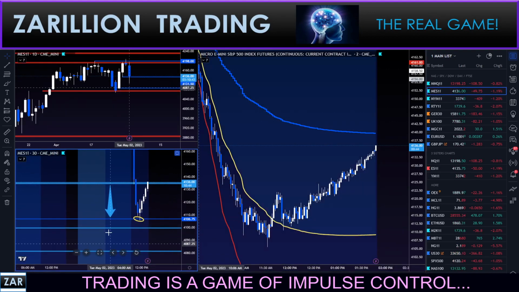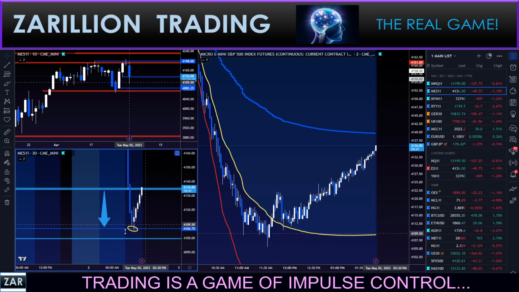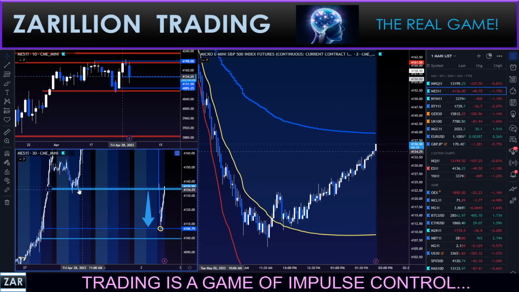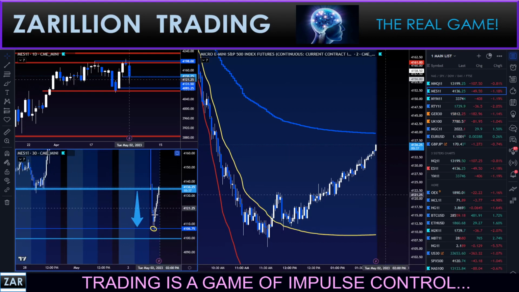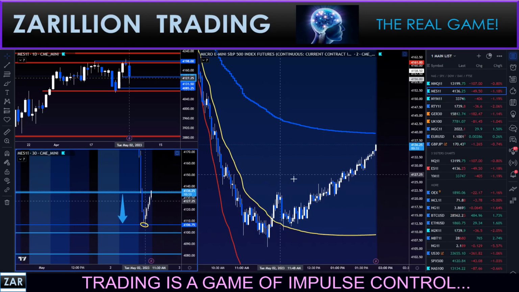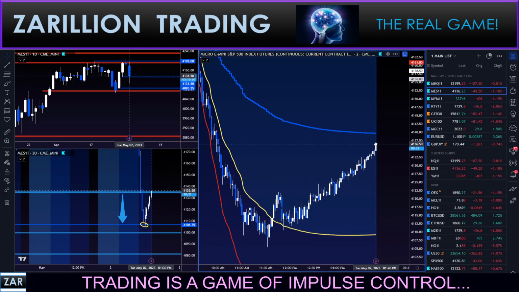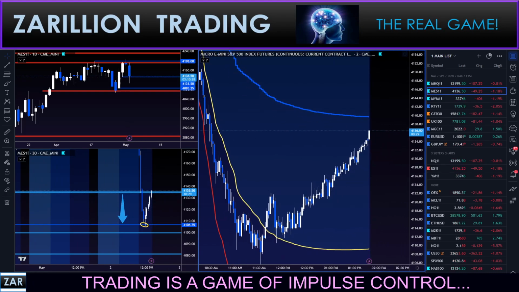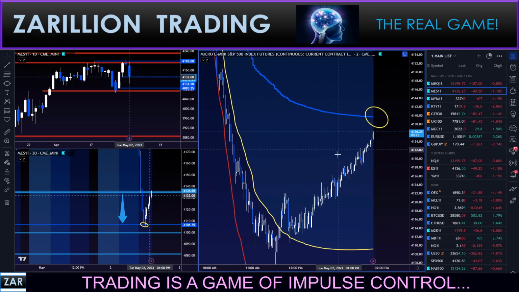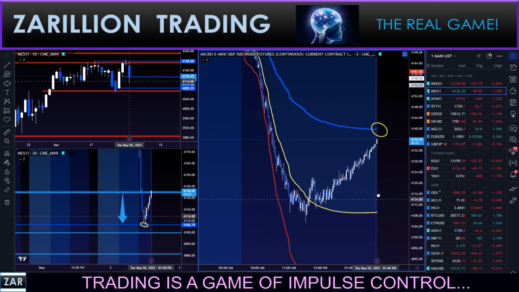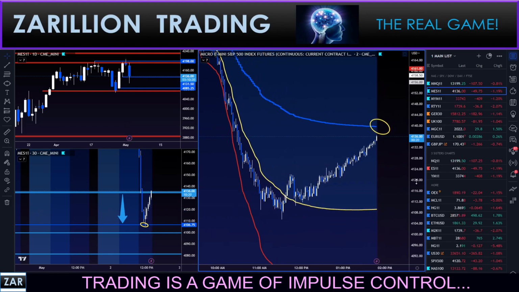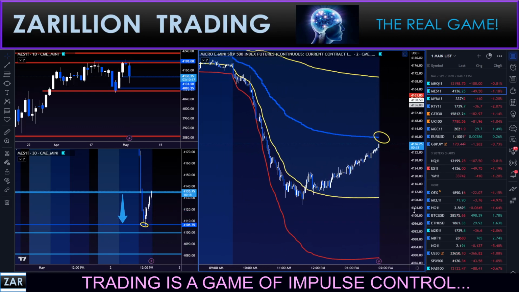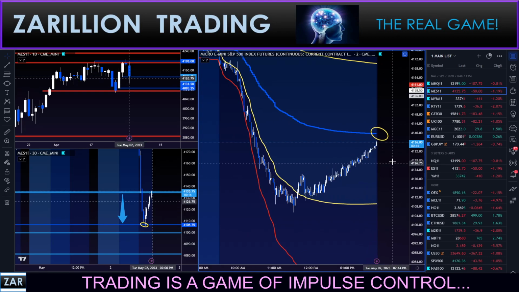S&P as well, rejecting from key intraday support, rallying back up to a previous support zone. So very often support there becomes resistance on the way back up again, especially when that support happens to be, and we see this a lot by the way, at or near VWAP, the volume weighted average price, where there's a rebalancing and an equalization between the bulls and the bears, the longs and the shorts, the good and the evil, if you will.